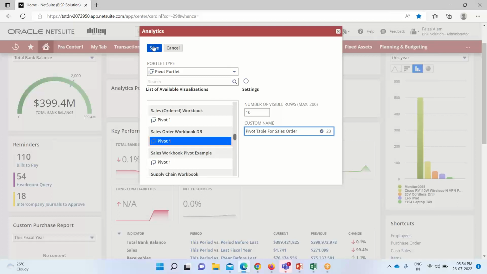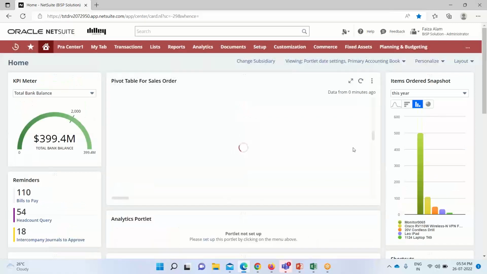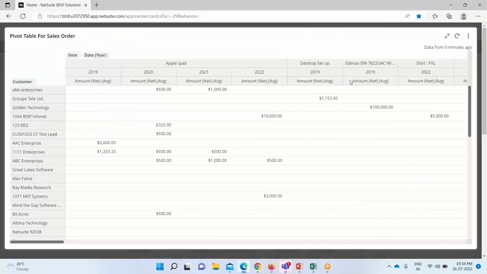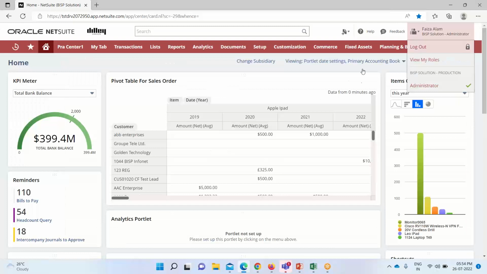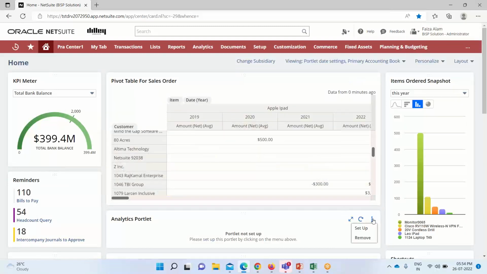Now I will click on save. Now here you can see the pivot that is falling under the workbook on the analytics. So it is appearing on my dashboard right now. I can zoom it out like this. I can refresh it. So this is about the pivot. How can we set a pivot on our dashboard? If we go down here,